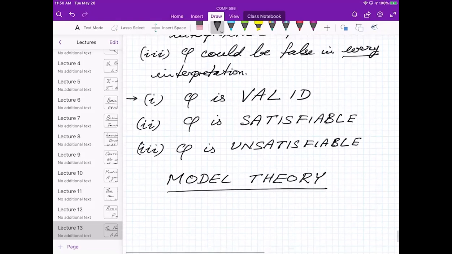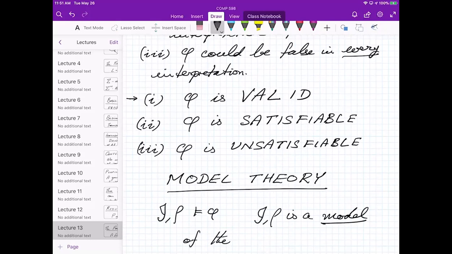And in fact, we will sometimes say I, rho satisfies phi. We say I and rho is a model of the formula phi.